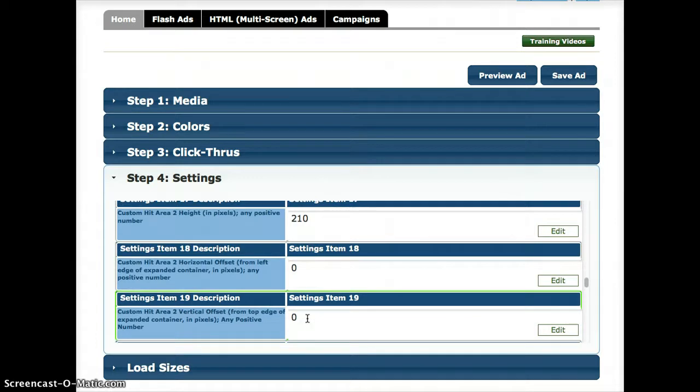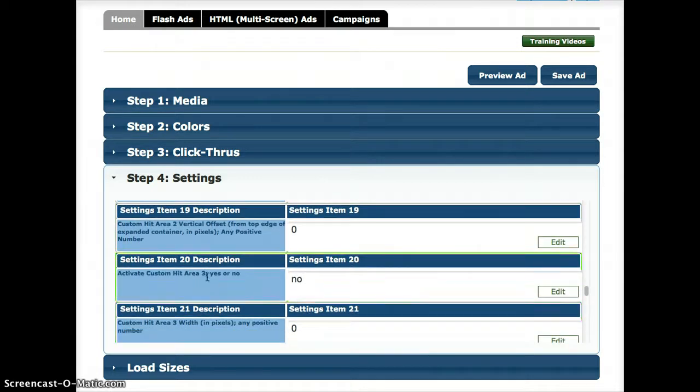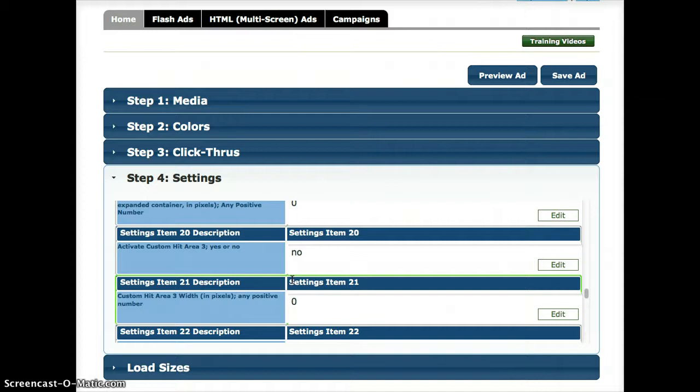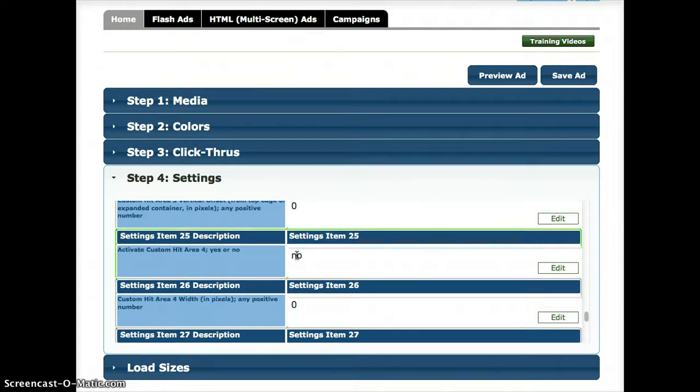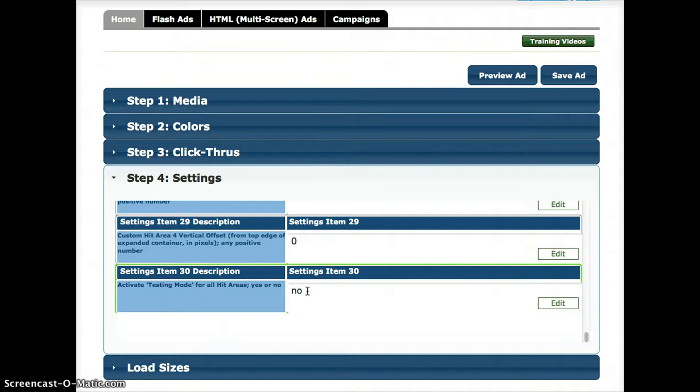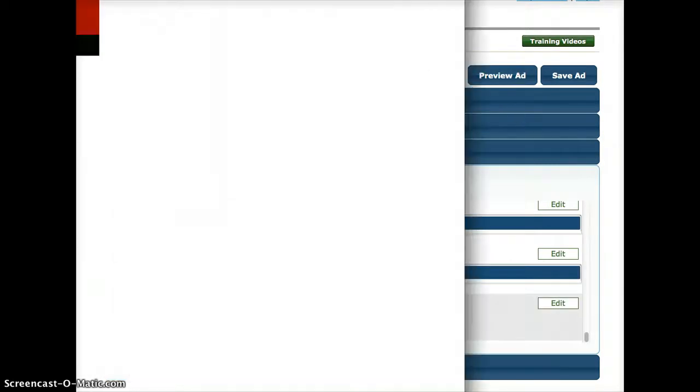So basically, we'll show you here in just a moment, we can activate custom hit area 3. That'll be stacked on top of the video and hit area 2. Hit area 4 is at the very top of the stack. We haven't activated either of those in this case. But when we turn on test mode for our hit areas, what you'll see